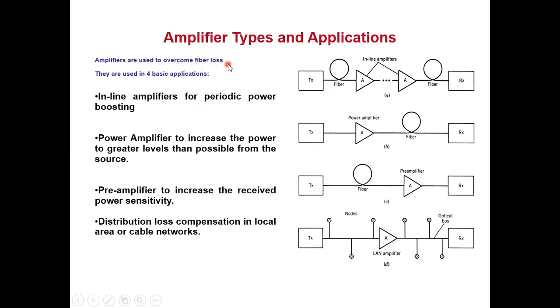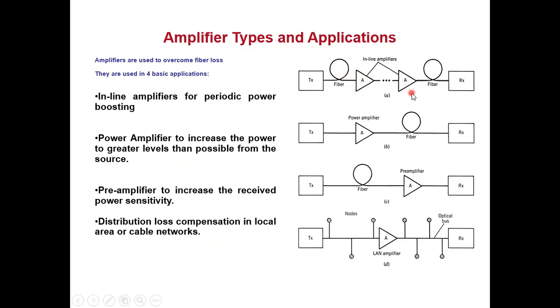Okay, so to overcome this loss, specifically the attenuation loss, because the power level has decreased, I need to boost up the signal. So I need amplifiers. If you see the diagram, here is the transmitter block, receiver block, the fibers are there. Long distance fiber, so that's why this loop is there. In between, I have put amplifiers.